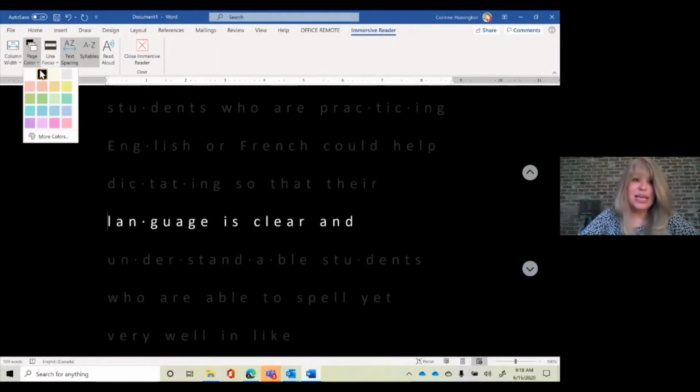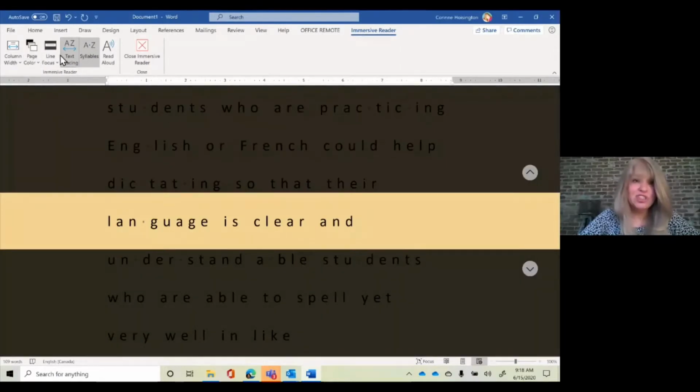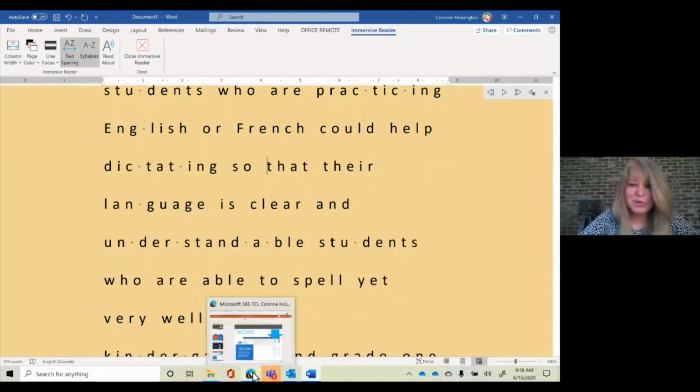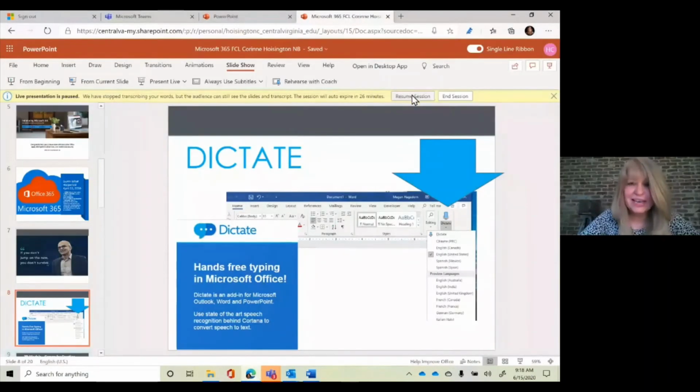I could change the background of my page color. I have tons of different ways to do this. And I can also, again, read aloud. Immersive Reader could really be helpful. That tool is going to show up in Teams as well. Come back tomorrow. So let's get back to the slides because we want to see more than just dictate. So what I'm going to do